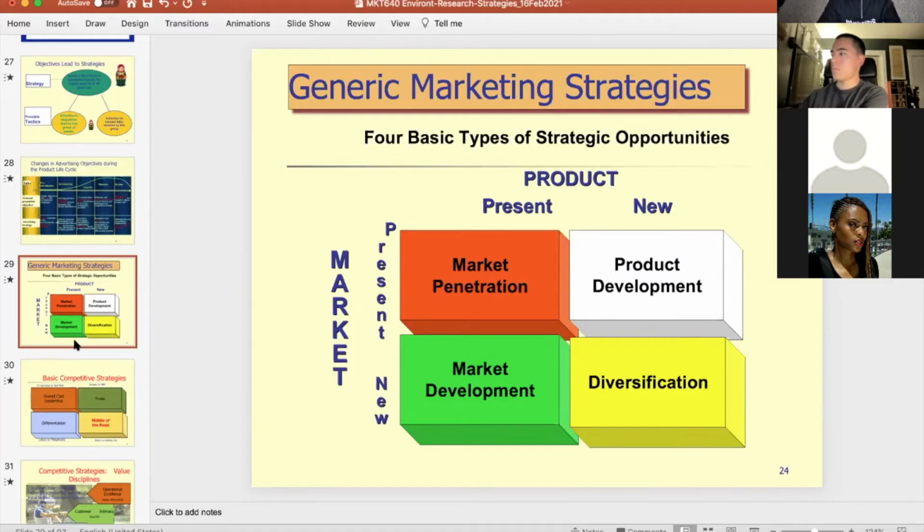So you try to stimulate them. Product development will be a variation of the product, and it's a significant variation. It has to be pretty significant to require to be named a product development. So if you're doing a yogurt and then you do a vanilla yogurt, that could still be considered market penetration because it's not significantly seen different. But if you do a low sugar yogurt, you know, or what could you do?